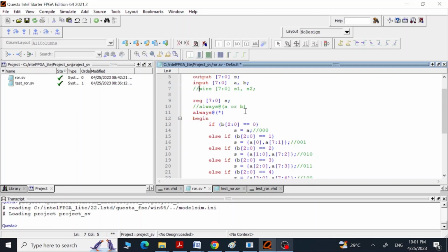For the procedural assignment, we are going to make this S output a reg, and then we are going to say always at all values. The star we use for all signals, or we can define always like this as well. Since we have two inputs A and B, we can define always like this as well. And after that, we are going to